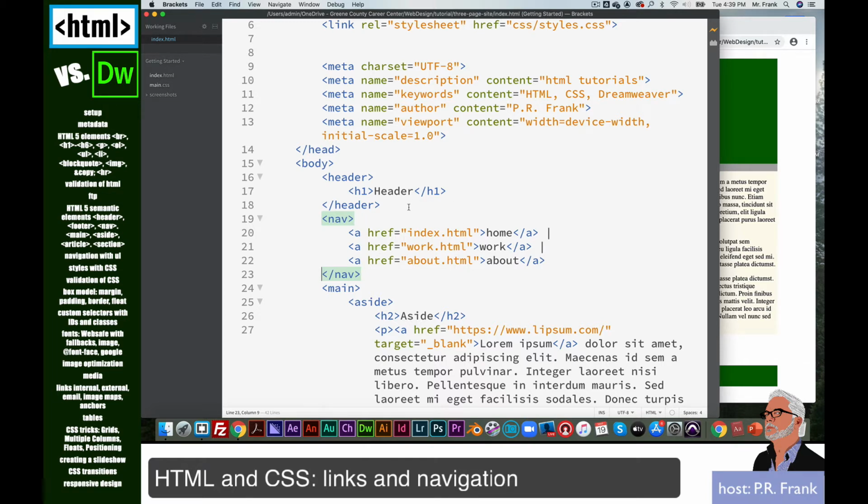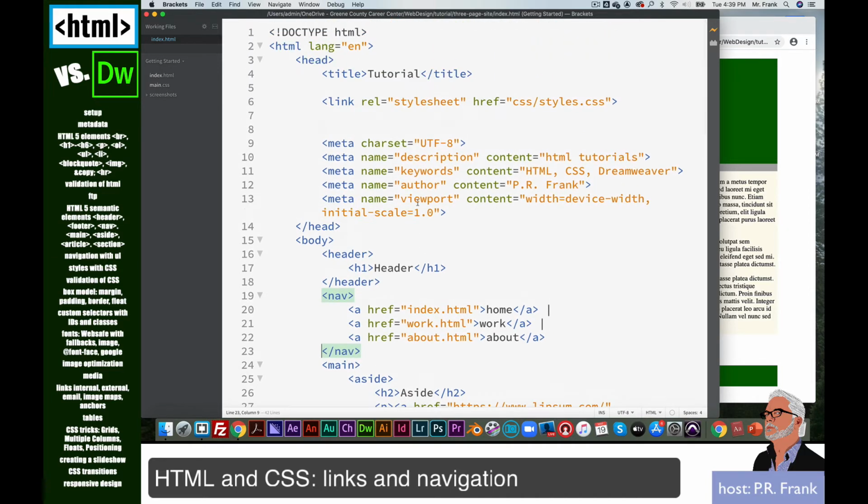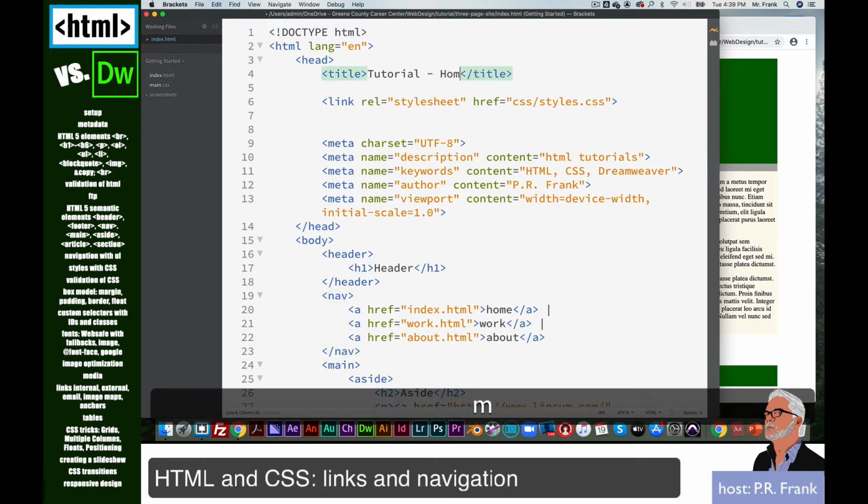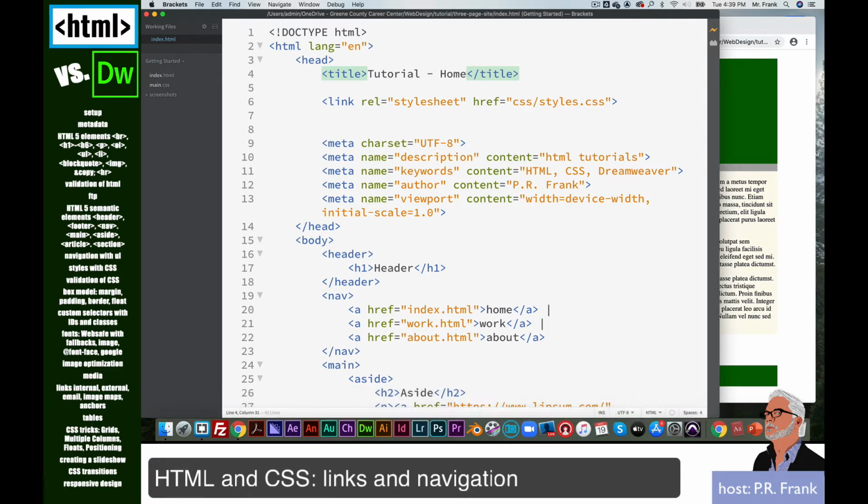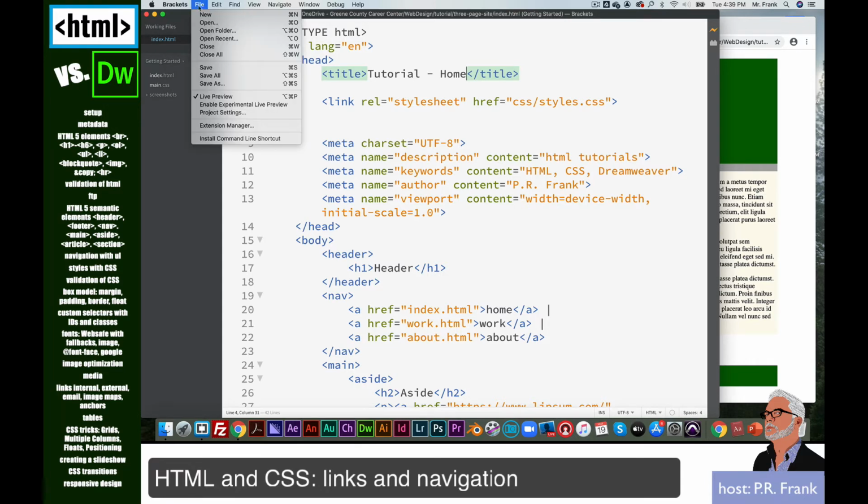have these 3 links. You'll notice at the top of my page here, the title of this page is called tutorial. And I think what I'll do is I'm going to end up calling this tutorial home. And then as I save this as other pages, it'll be called tutorial home, tutorial work, and tutorial about. So here we go. File, save as,